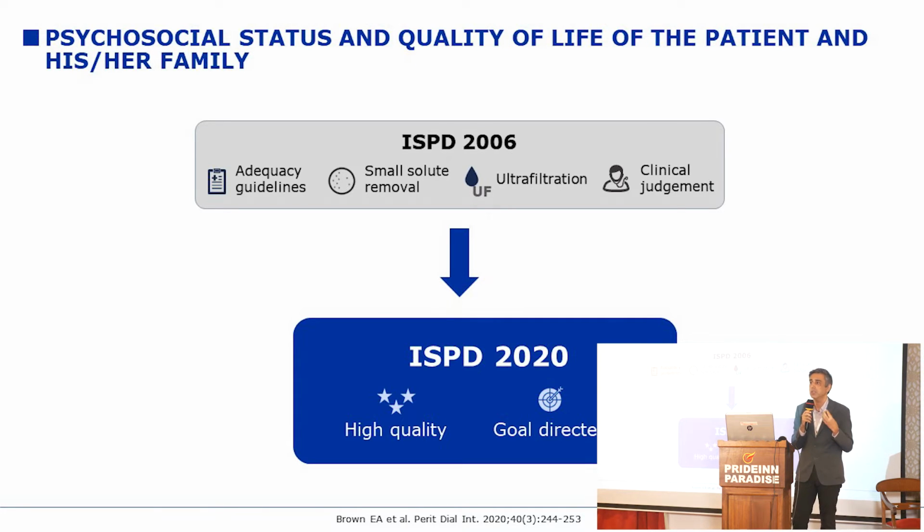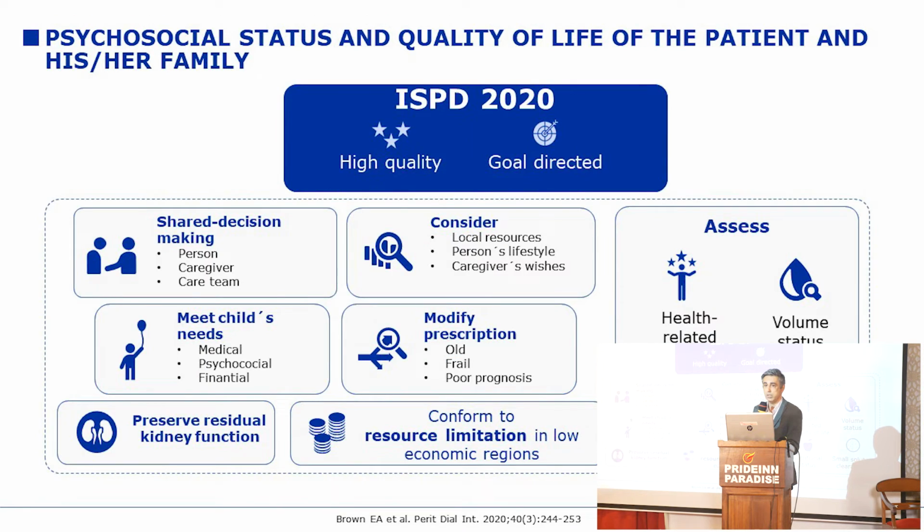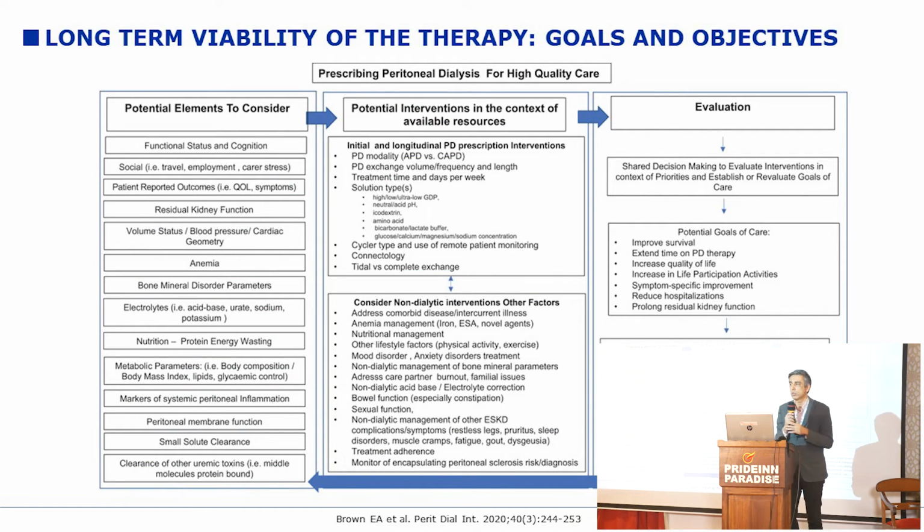Psychosocial is also important. From our side, clearance is important, cardiovascular mortality is important, but for the therapy, the psychosocial status is important. And as I addressed, the ISPD guideline is endorsing this, and there's also now a lot of work being done on patient-reported outcomes, trying to look at how we can improve. For the long term, I think this slide was also introduced. So this is the summary of the ISPD guideline 2022 that we just looked at. So you can consider these potential elements. Then it also gives guidance about what you can choose, different options. But not only these